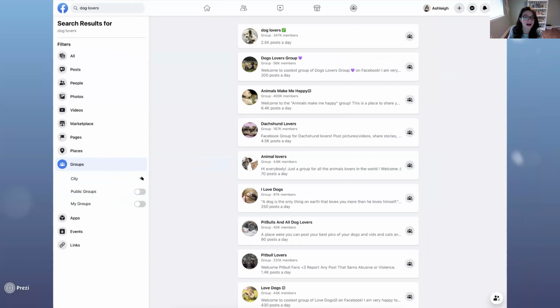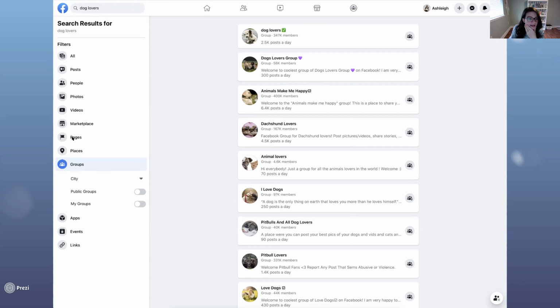But for example, I have a book club called Slidell Book Babes, and in it, I have the city set to Slidell because you probably don't want to join a book club in Slidell unless you live there. However, these groups, like the Dog Lovers group, this one has 56,000 members. So those are from all over the world. And you can just join this. This is a really great way to meet people who have similar interests to you. And I'll talk more specifically when you're in a group, the posts that you make are only visible in that group, which is nice, as long as they've set it to closed.